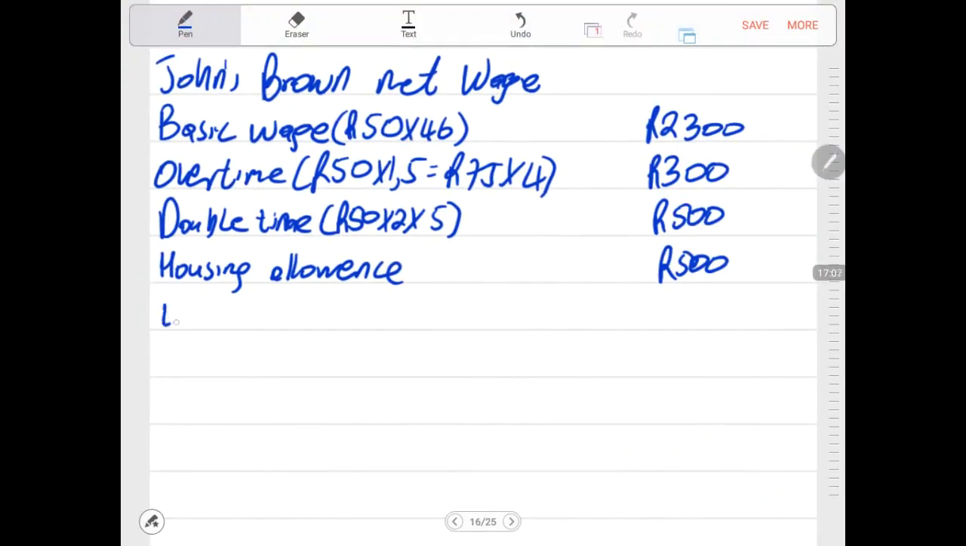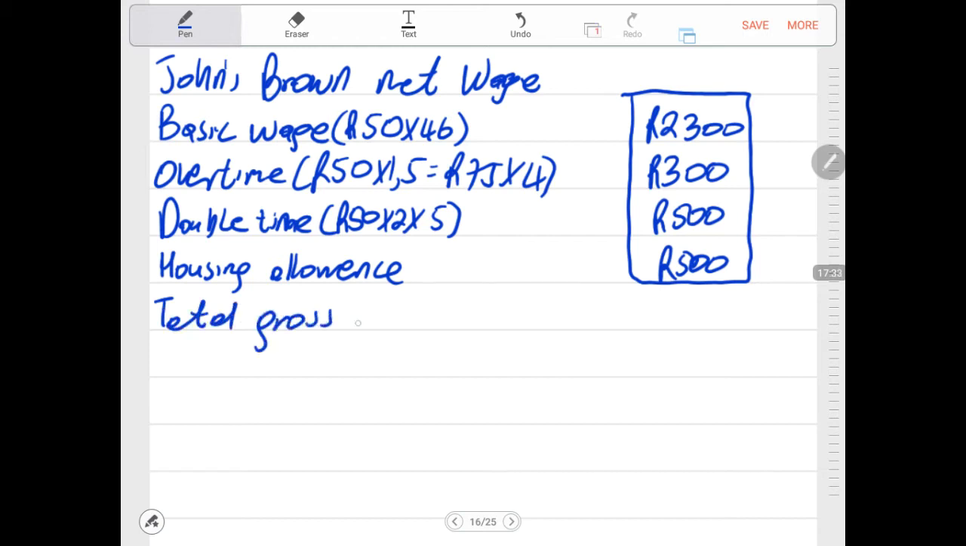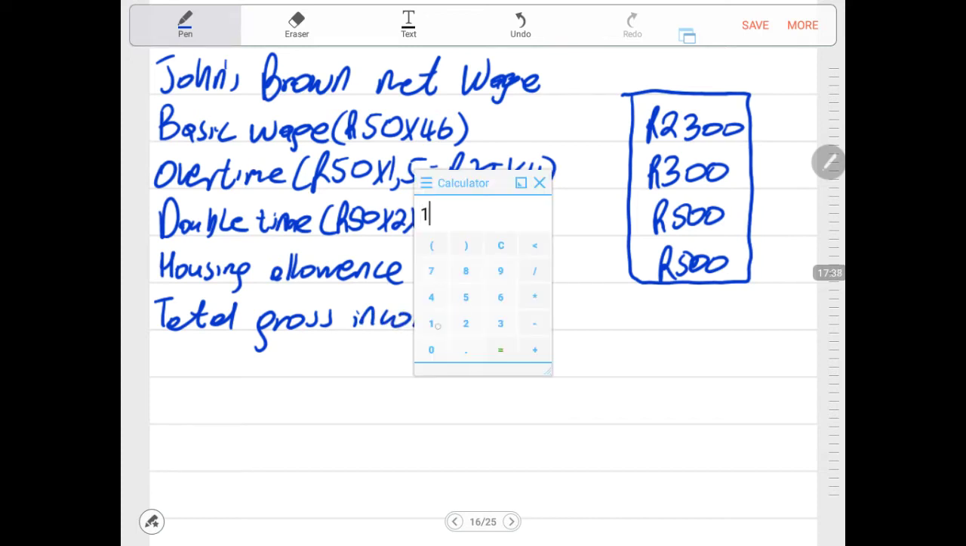Remember, if there was an entertainment allowance, you would have to put it according to the instruction that they would have given you. In this case, we don't have an entertainment allowance, but please know that entertainment allowance is part and parcel of our gross income, meaning income before any deduction is taken into account. Then we get to our total gross income, which will be 1000 plus 300 plus 2300, and this gives us a total of